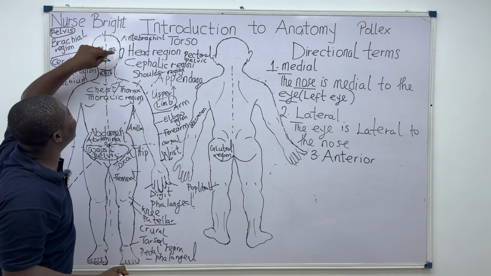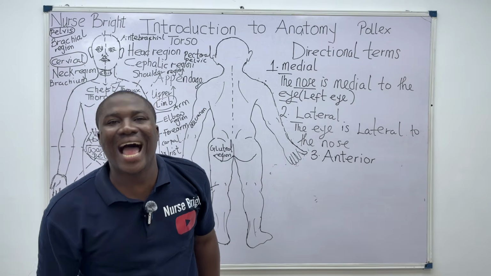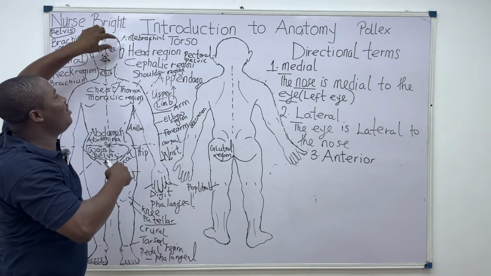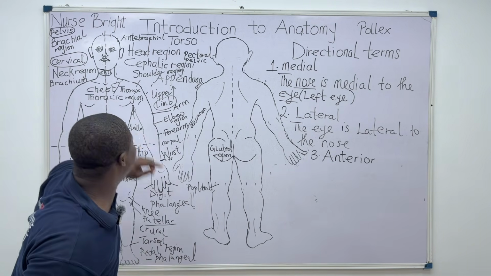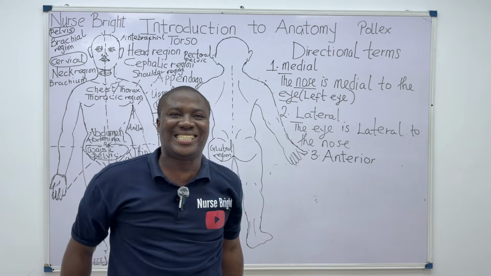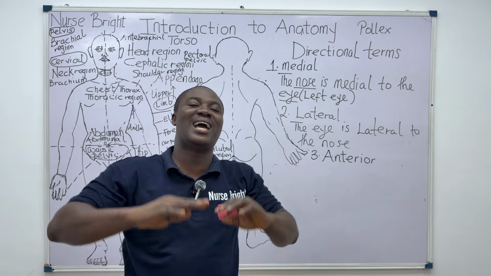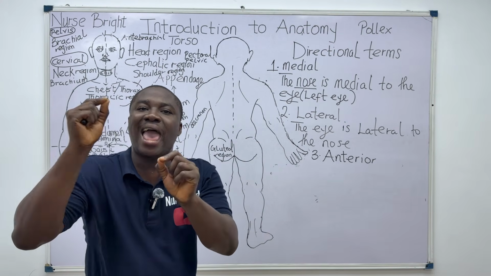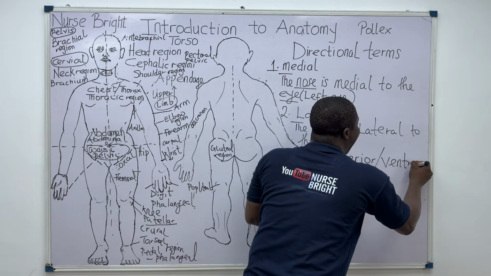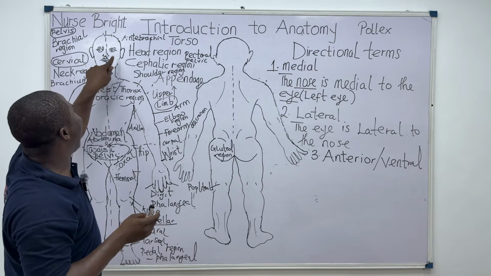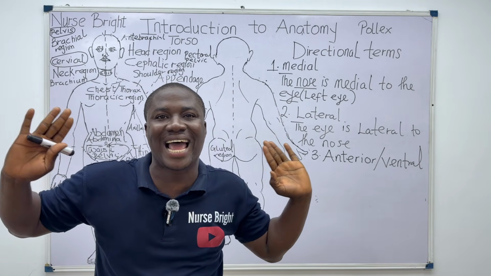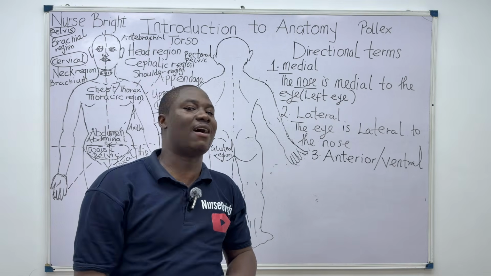Now let's relate the eyes and the ears. Which one is anterior to the other? It is the eyes that is anterior to the ears. You cannot tell me that the ears are anterior, because which one is closer to the front of the body? It is your eyes. That's how it works. It is not hard at all. And another term for anterior is ventral. Please take note. So I can simply also say that the eyes is ventral to the ears. I'm correct in anatomy. Please note all these things, they are very essential.